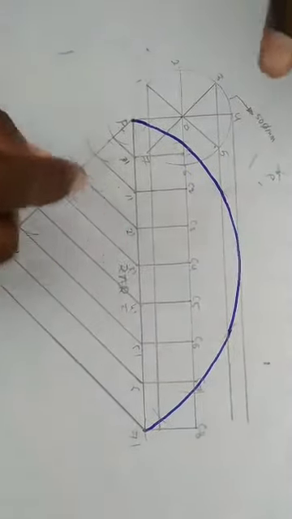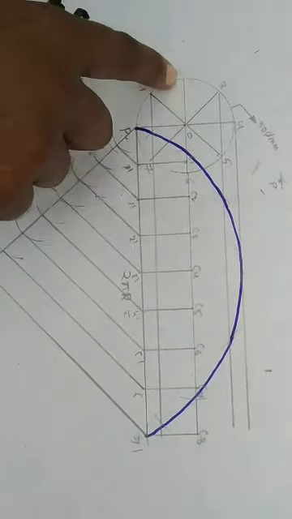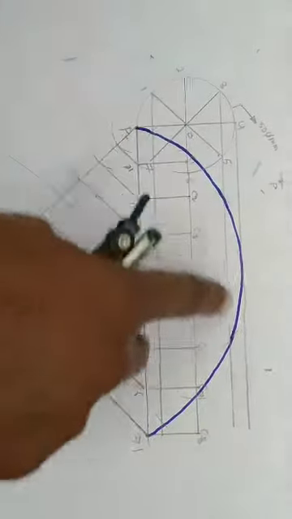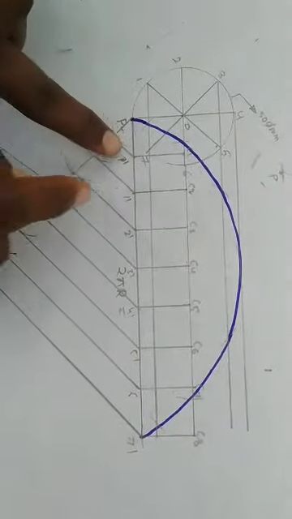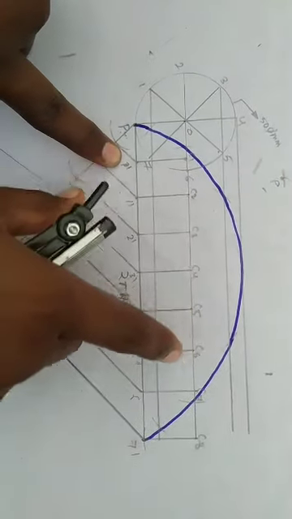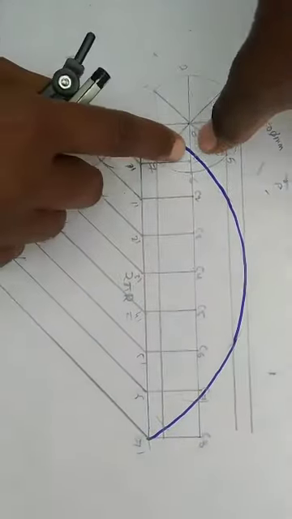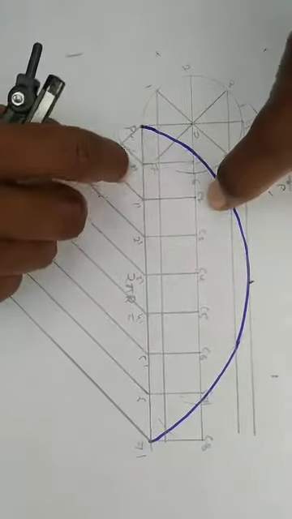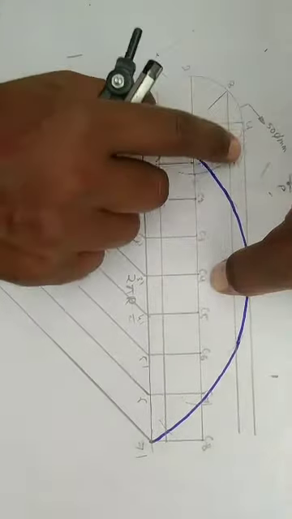Next, from C1, this is the 1, 7 passing line, this is the 2, 6 passing line, this is the 3, 5 passing line, and finally this is the 4 passing line, this is the P passing line. Next, the perpendicular lines, 8 dividing lines: C1, C2, C3, C4, C5, C6, C7 up to C8. From C1, make an arc on the 1 passing line. From C2, make an arc on the 2 passing line. From C3, make an arc on the 3 passing line.